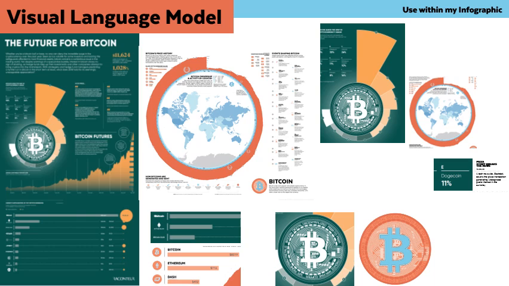My visual language model does have numbers data around a circle, and I've emulated that in my